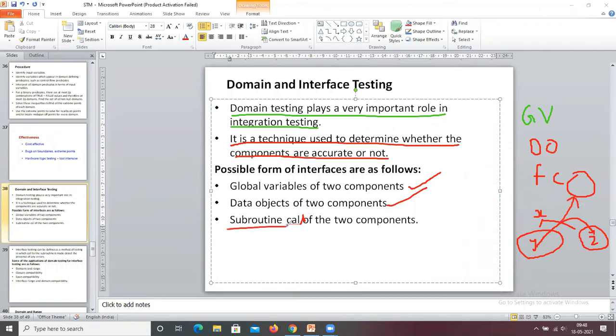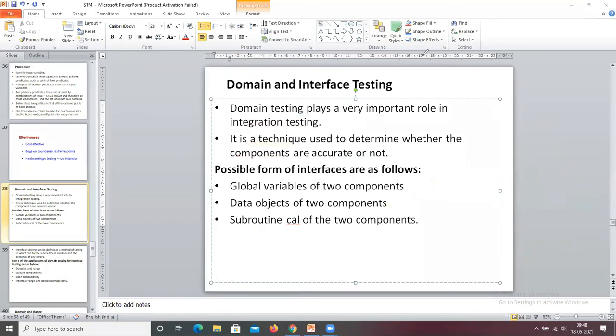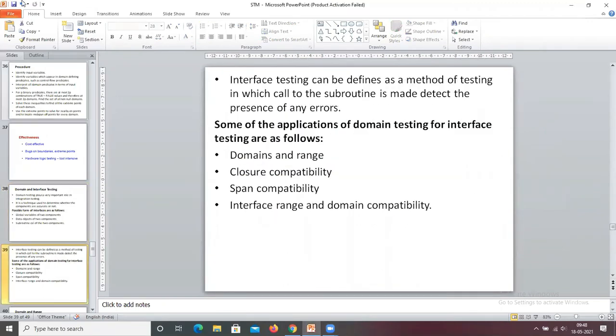Subroutine is nothing but a function. So interface testing can be defined as a method of testing in which a call to the subroutine is made to detect the presence of any errors.